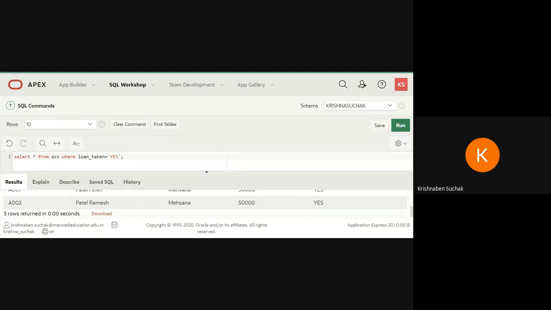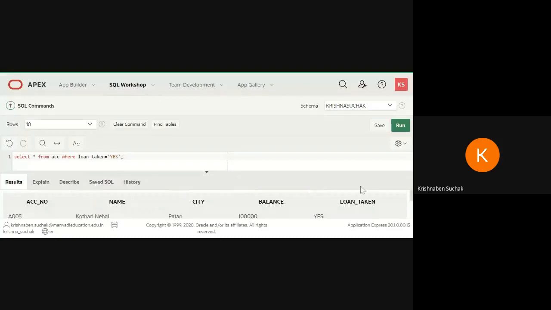Okay, so now we are moving to our fifth query, that is we have to add the new column. Till now we are having five column: account number, name, city, balance, and loan taker. Now we have to add one new column, that is address. So now what we will do, we will write here query to add new column, that is alter table, then your table name, that is account, then you have to add